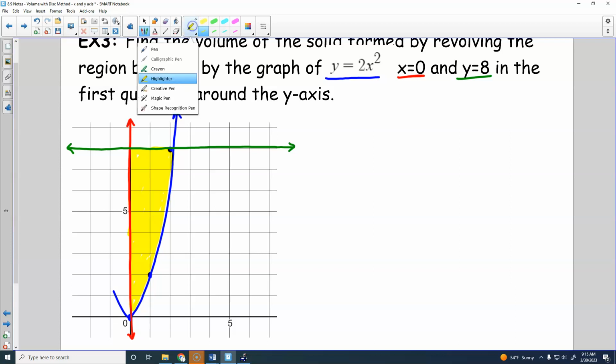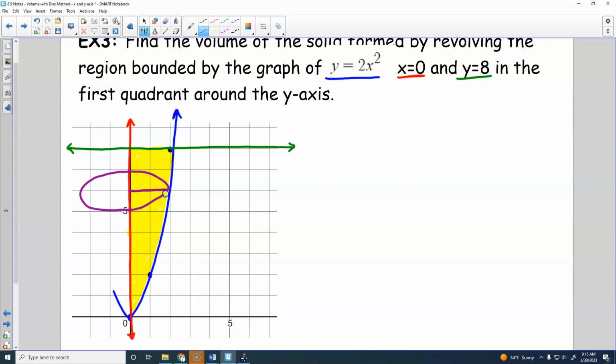So we are taking this region and we are going to have a horizontal slice this time. If we're rotating around that y-axis, we've got this horizontal slice that gets rotated around this way. So this is our radius, but it's going to be in terms of y. So this equation right here, y equals 2x squared, has to be solved